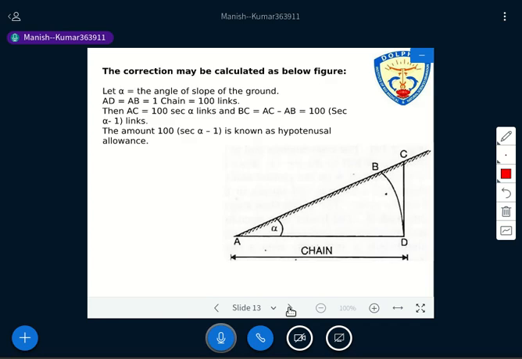So let me first draw an image. Just look here. See, this is the slope, right? We are fixing 2 points that need to be measured, A and C. So we can get the slope first, alpha, by using the clinometer. That can be easily found. You all understand how to use the clinometer.